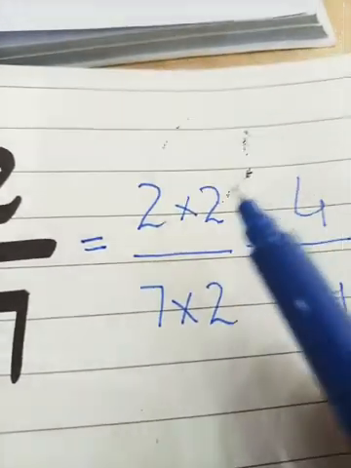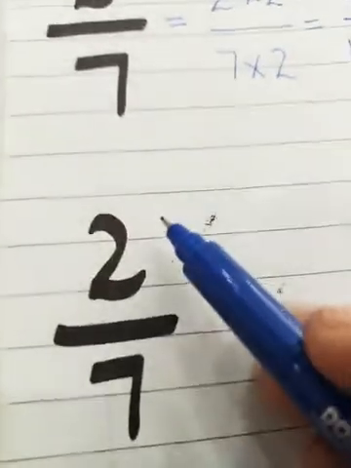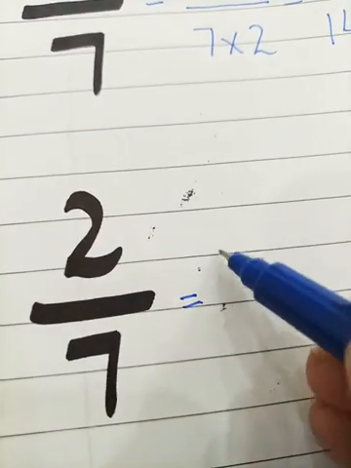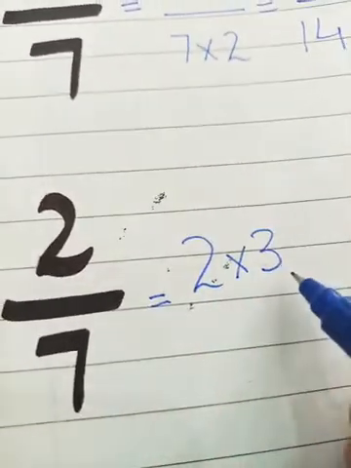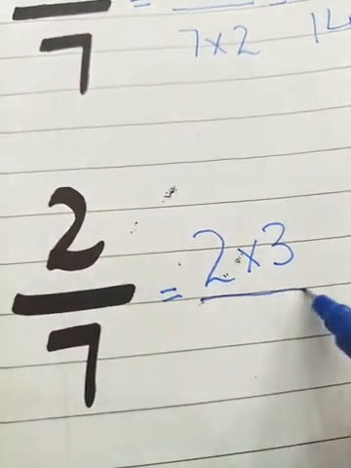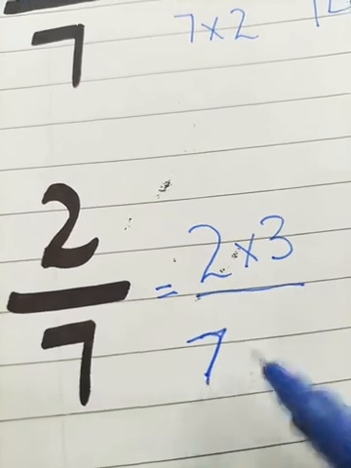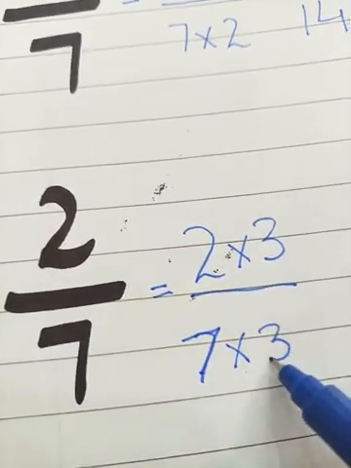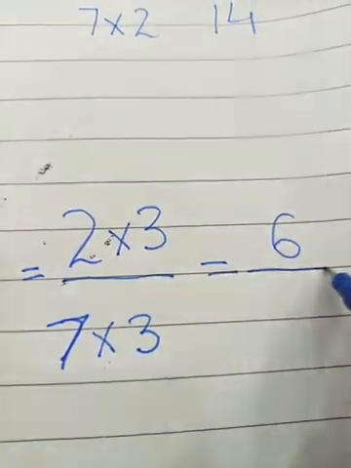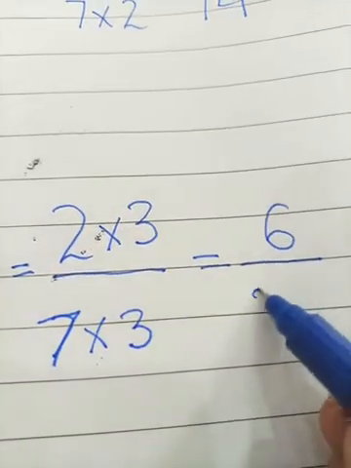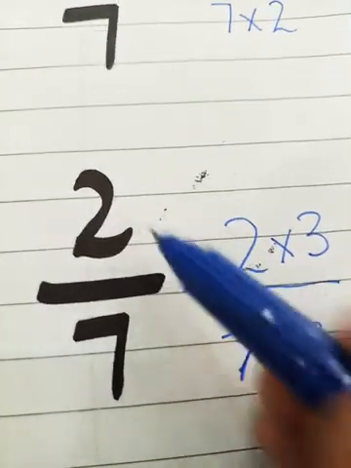But there is no restriction of multiplying with the digit 2 only. Here I am multiplying this 2 by 7 with another digit. Here I am taking the digit 3. Look at this. Here I am multiplying the digit 3 with the numerator and again with my denominator. Here the 7 will be multiplied by my digit 3. Okay, let's write the answer. 2 3s are 6 and 7 3s are 21. Now students, this 6 by 21 is an equivalent fraction for 2 by 7.